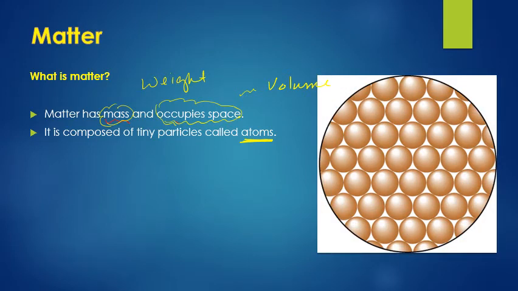See, all these little balls, and we're gonna visualize atoms as being little balls. That's how we're going to visualize atoms for a very long time, little balls. In fact, most of the great scientists of the world viewed atoms as being little balls. And it's a pretty useful image, even though you should probably know atoms don't look anything like little balls, but we'll get to that another time. It's a good visualization.